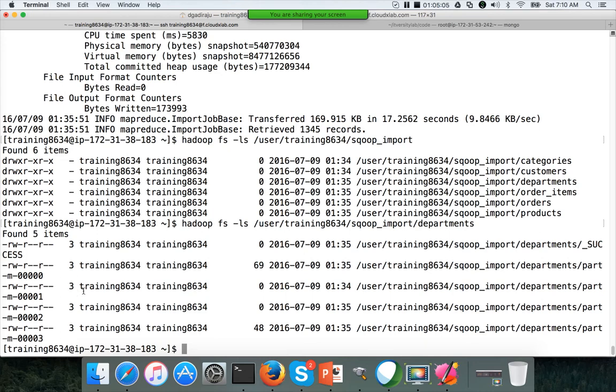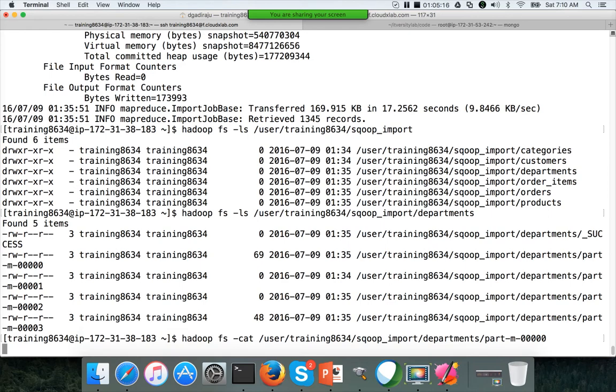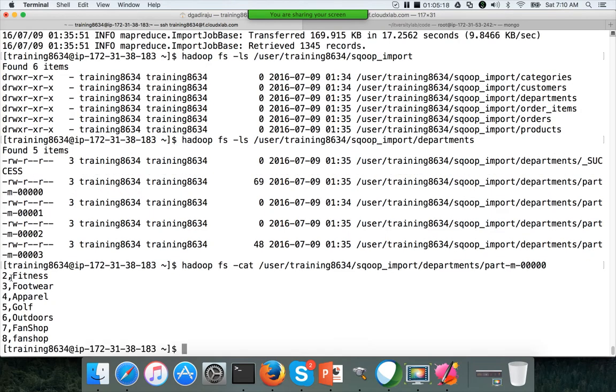Here we have 4 files, and we can actually cat this file, hadoop fs -cat, and hit enter. You can see that data is delimited by comma. It's a text data. Okay.